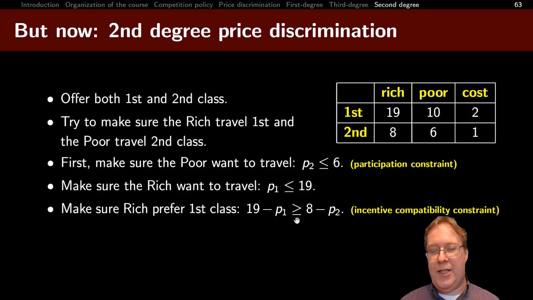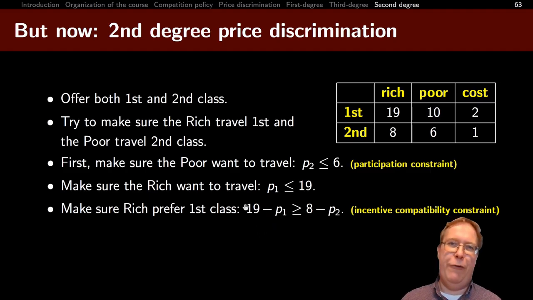And that equality is a bit of a knife edge case, of course. Usually we assume that, to make sure that they travel first class, you could also always decrease P1 by an infinitesimally small number. But for simplicity, we always ignore that. And we just assume that whenever consumers are indifferent, they do what we want them to do, to avoid always having these discussions of setting a price just epsilon. Anyway,